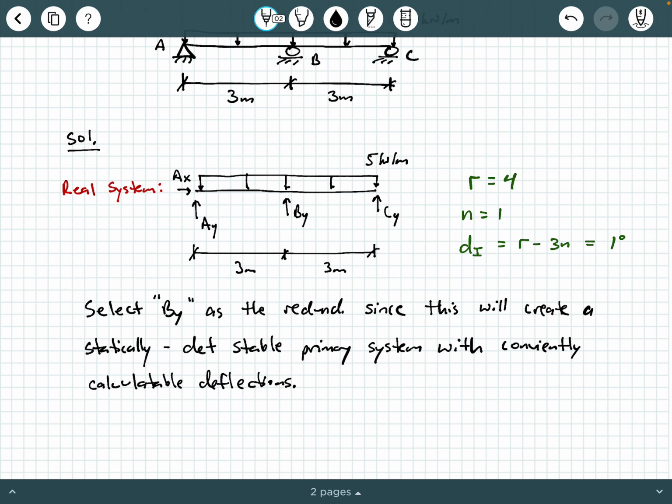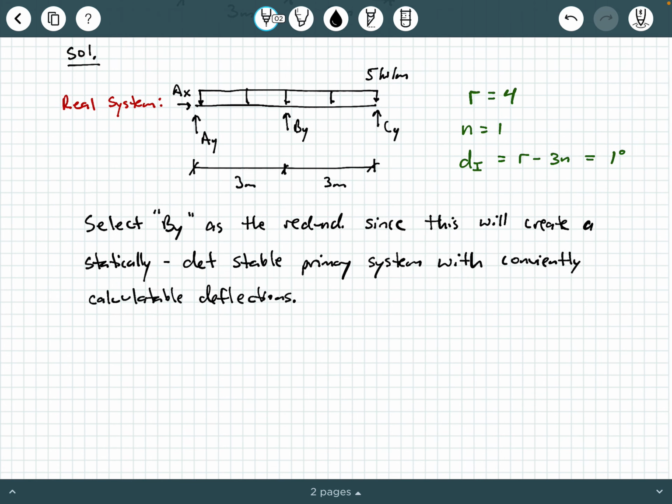Okay, a lot of silly words in there. Conveniently calculatable deflections. So let's go ahead and draw that